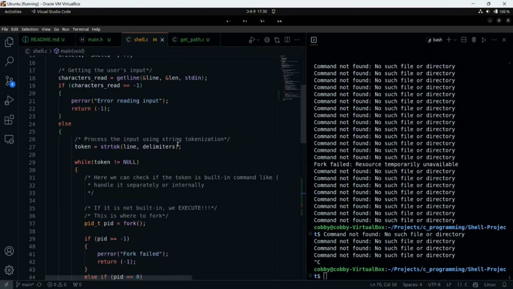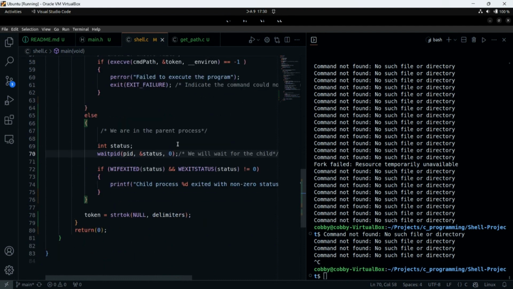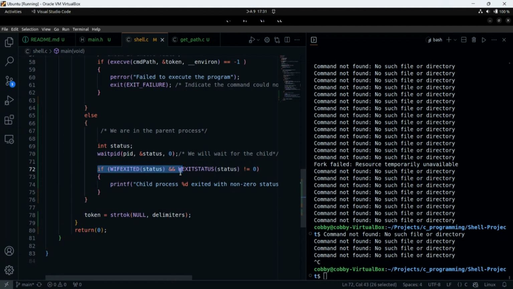Can you explain the if statement after we used the wait? The if statement you used here. Yes. Okay. Please, can anyone explain to her what that if statement means? Where we waited for it, why did we print this statement? What does it mean?